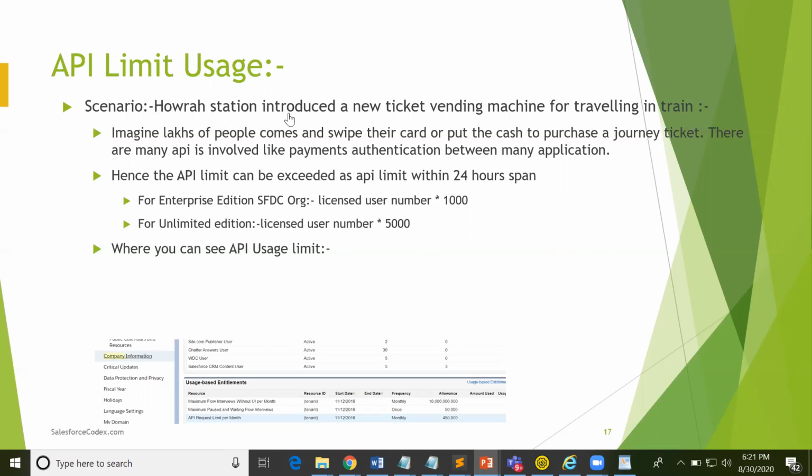So just take this scenario. Howrah station introduced a new ticket vending machine for traveling by train. Imagine lakhs of people come and swipe their cards to put in cash to purchase a journey ticket. And there are many